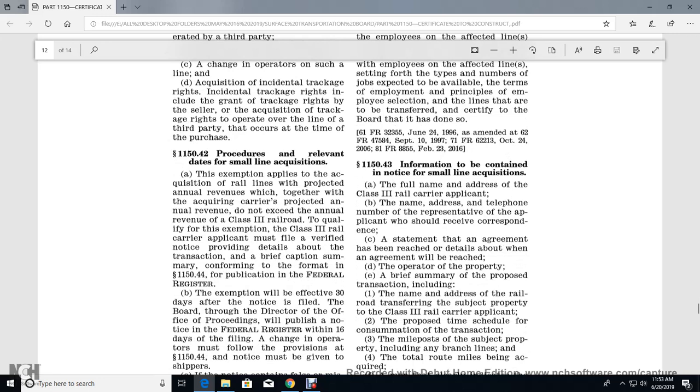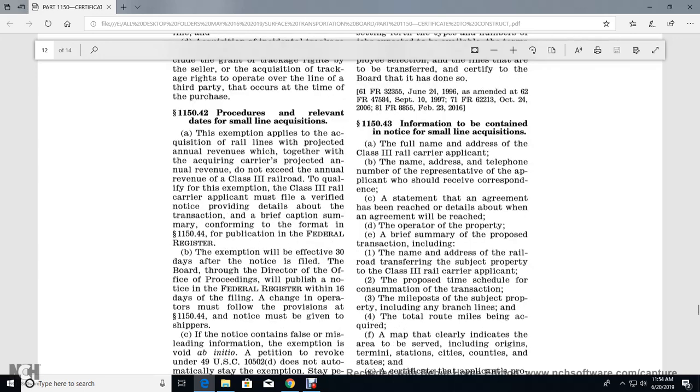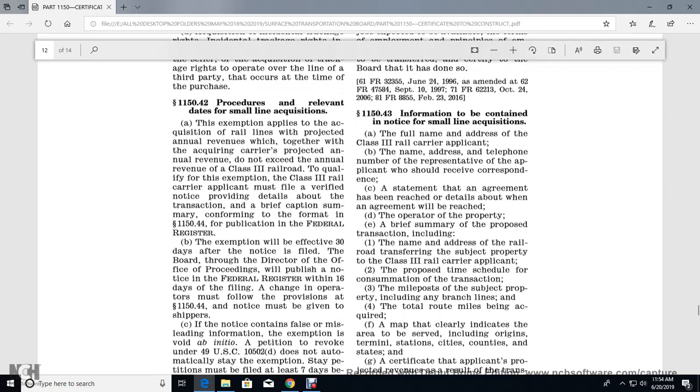1150.43, information contained in the notice of small line acquisition: the full name and address of the Class III rail carrier applicant; the name, address, and telephone number of the representative of the applicant who should receive the corresponding statement of the agreement, which has briefed the details about the agreement, will be reached; the operator of the property; a brief summary of the proposed transaction, including the name and address of the railroad transferring the subject property to the Class III rail carrier; the proposed time schedule for the consummation of the transaction;